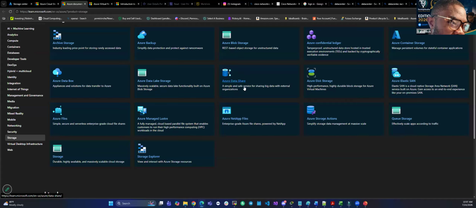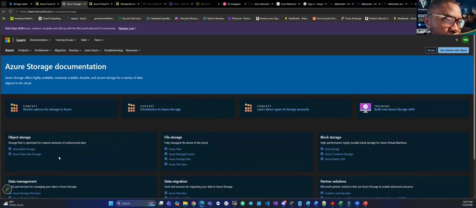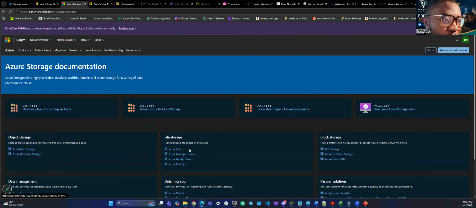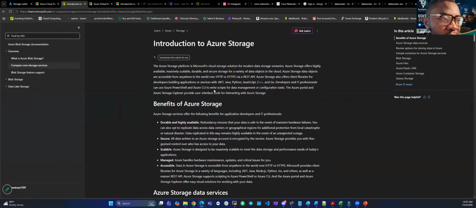So I want to click directly into the storage account. You see, this is storage. These are the different stuff that we are going to be looking at. So if I click on storage, now under storage, what do we have? A whole lot of stuff that you can learn. So this is where you have to start. Introduction to Azure Storage. I will click on this. Once I click on this,